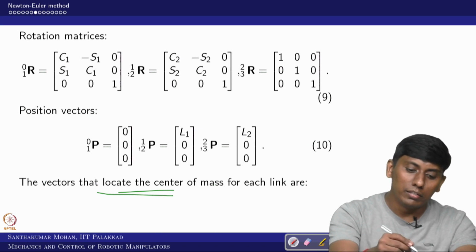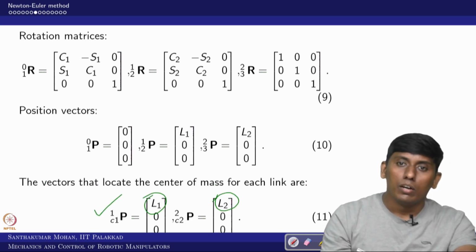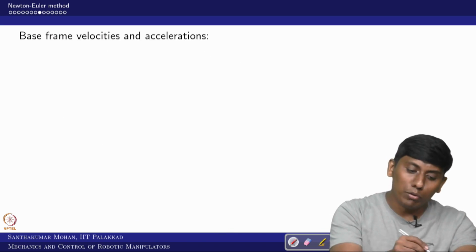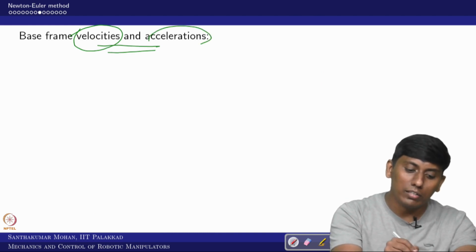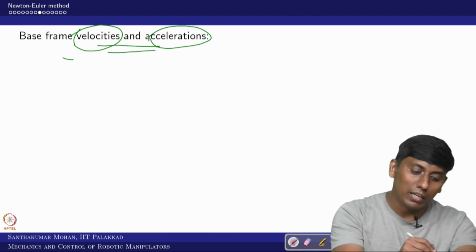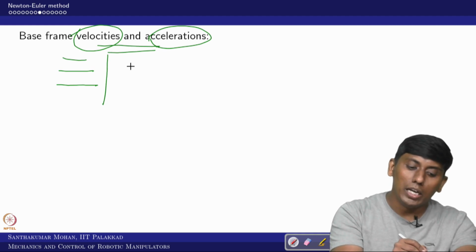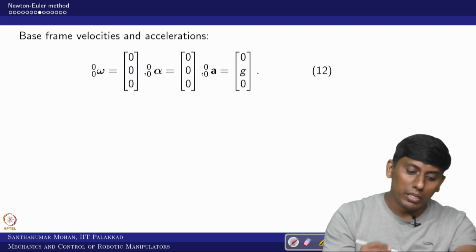So for the 2-link centroidal we have already calculated, right. Once you have calculated, then we can go forward. For the forward propagation, we calculate the angular velocity, linear velocity and acceleration. In this case linear velocity is not important, so we will calculate angular velocity, angular acceleration and linear acceleration. Further we will end with linear acceleration at the centroidal location. So that is what we are trying to do.